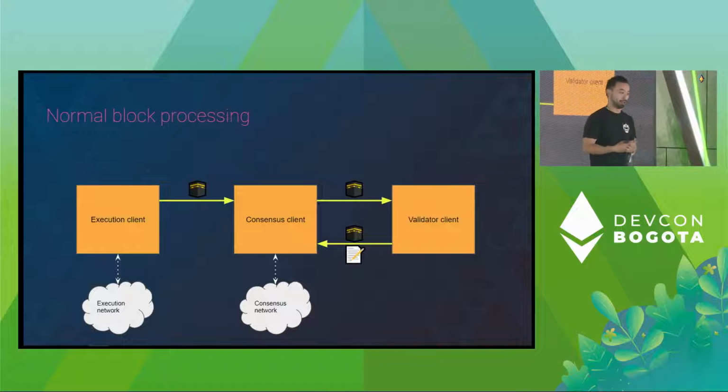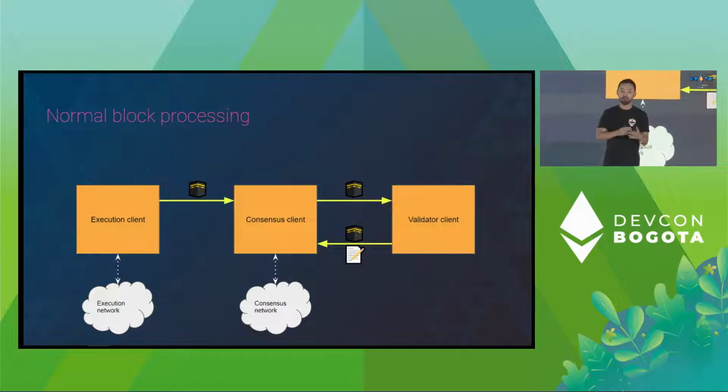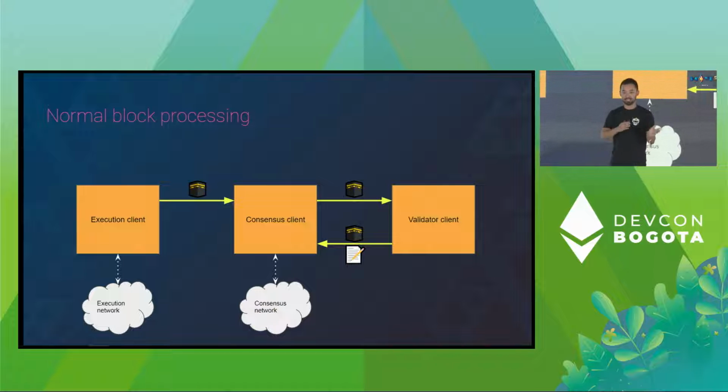So there are options, and options are nice. The first option, which most people use these days, is normal block processing. As the consensus layer client, you know which validators you're serving. You know when validators are proposing a block, so you will build the block for the validator. Post-merge, we utilize the execution layer client to prepare the payload. They put the payload in the block, that passes to the validator, the validator signs it and returns the block, and the consensus layer client broadcasts the block.